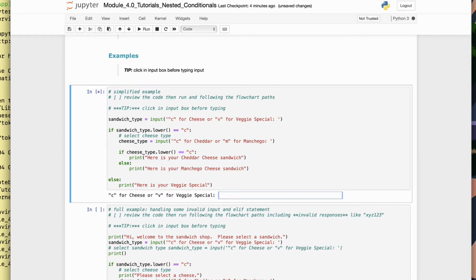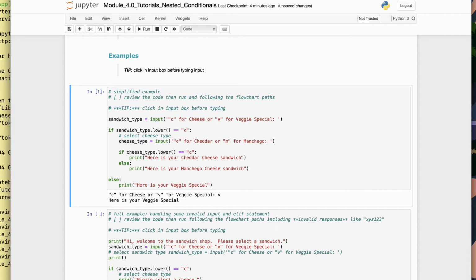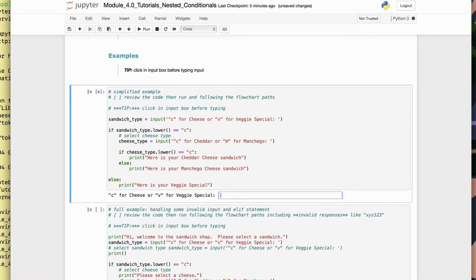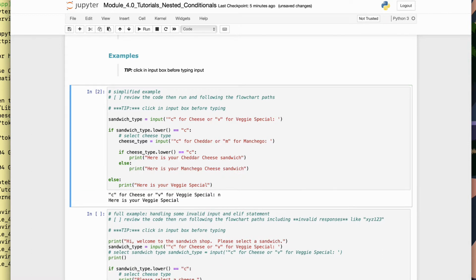So if I run it, I see I get my questions, C for cheese, V for veggie. If I type V and I hit return, it just instantly goes to this else. You see that? It wasn't C here. Anything but C, it's going to say, here's your veggie. I can test that by running this again and typing in and hitting return, and it still says, here's your veggie special. Now, a better way to do this would actually be to say elif